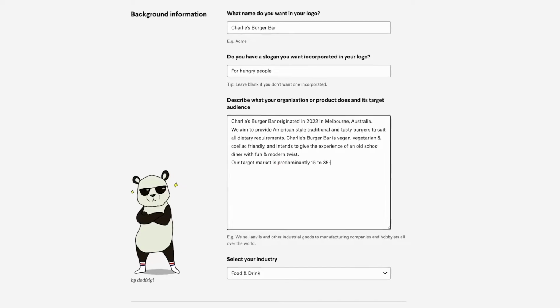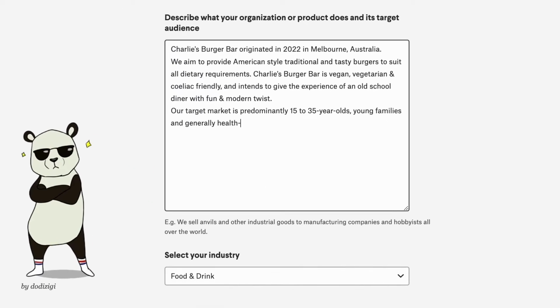Next, you want to define your target audience. Are your clients 18 to 35-year-olds, new parents, vegan consumers, or all of the above? Our designers want to know. This information will help them determine how your brand will be perceived, as well as help them nominate specific styles that will work for your target audience.